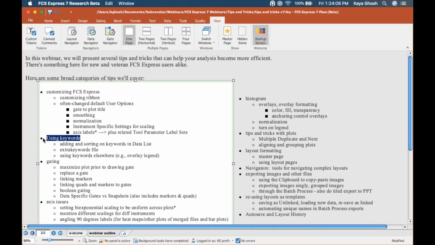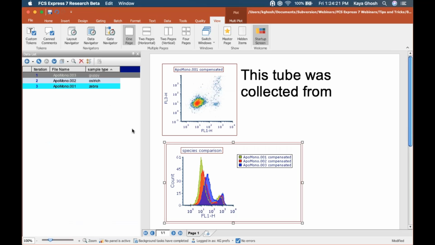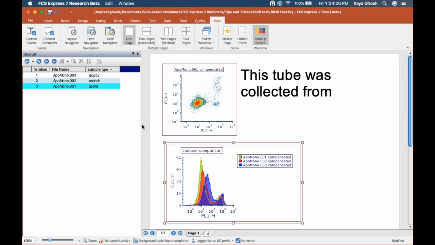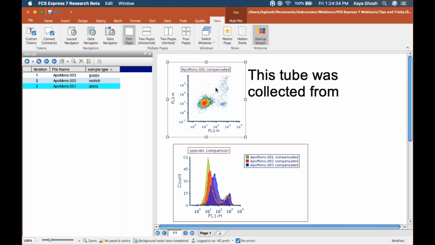So how do we use keywords in FCS Express? So like I mentioned, keywords are metadata, textual metadata that's associated with your FCS files. And you have keywords even if you don't realize it, because your cytometer adds certain keywords to your data files, such as the date of acquisition. So if I wanted to add the date of acquisition to my plot title, I could just double click on